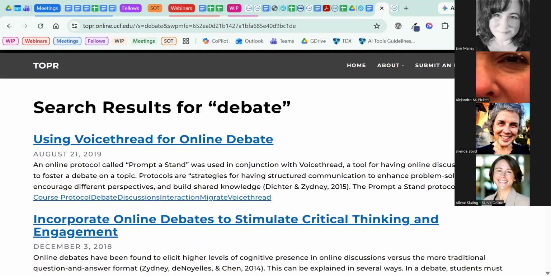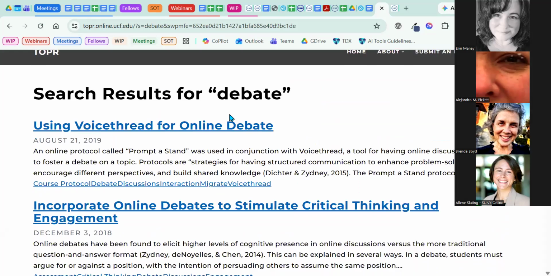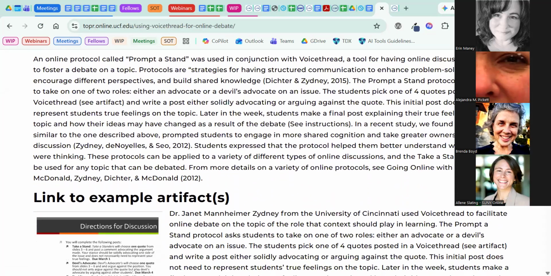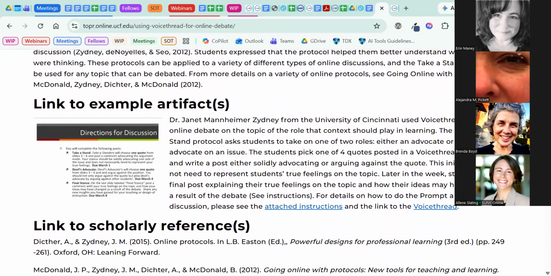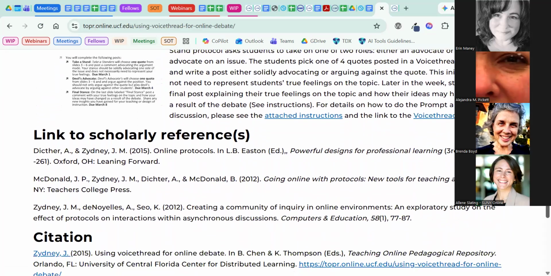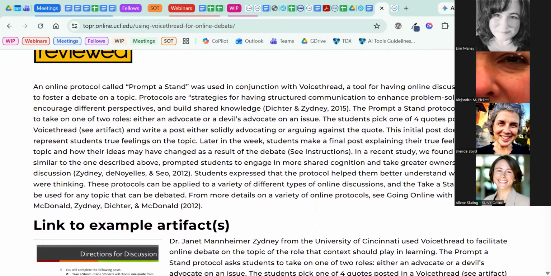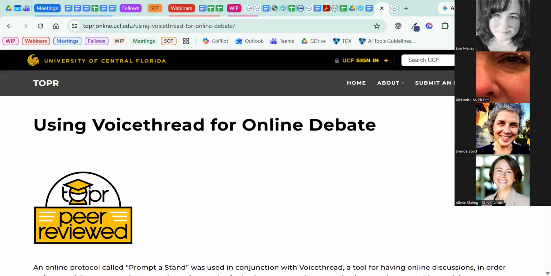So you can mine Topper for ideas also. And we've incorporated it into OSCQR. We crosswalked our standards with the Topper repository, and we've done that a couple of times to continue to add to it. But you can go straight to Topper and do a search right from there on whatever it is that you might be looking to improve.